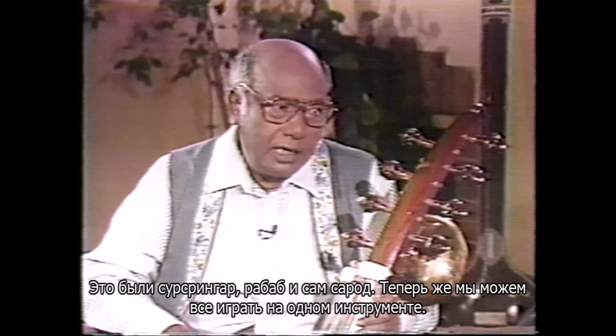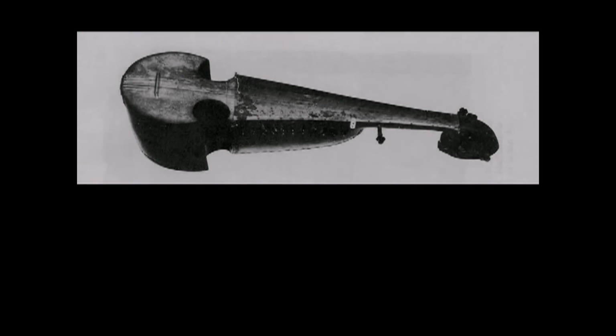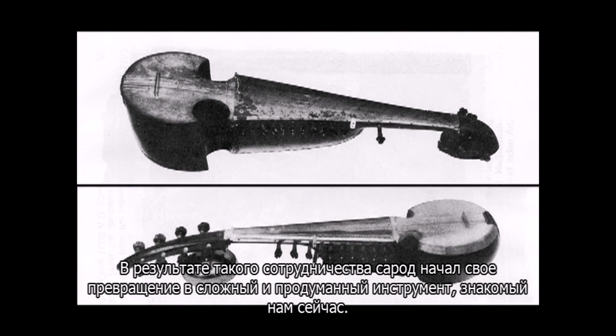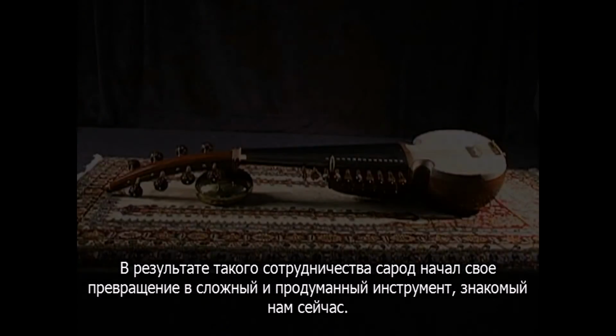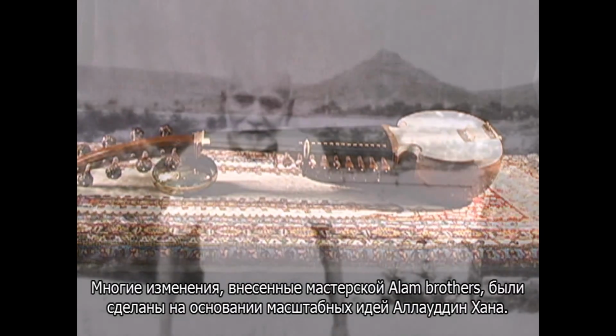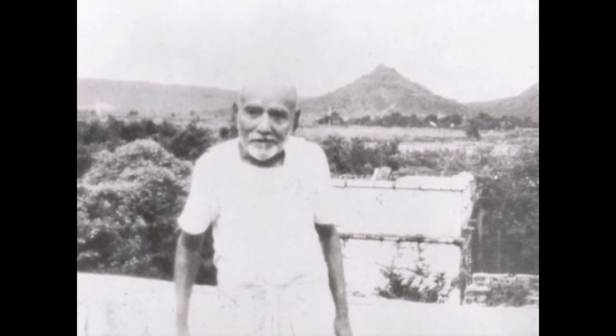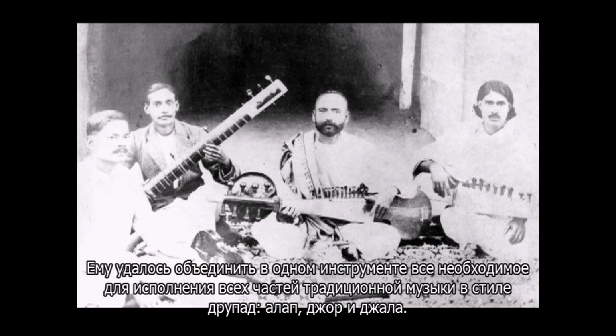And now you can play anything on just one instrument. It was through this partnership that the sarode began its transformation into the sophisticated instrument we know today. Many of the changes introduced by the Allauddin brothers were made because of the foresight of Alauddin Khan. He had a vision to create a single instrument that could embody the full scope of the music in the